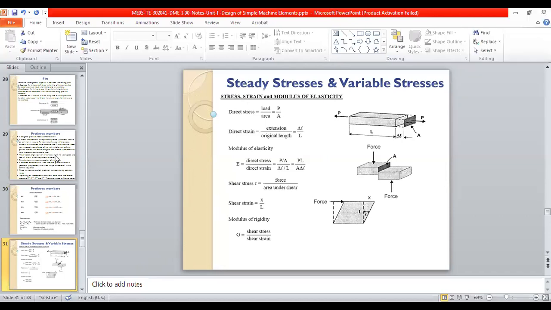So okay, let's talk about some basic stresses. You guys are supposed to know these kinds of stresses, because these are the building blocks. With this only we will go into more details of our design of machine elements. To do the design, we need to know what the stresses are and how the stresses affect the design. At the end of this lecture, if time permits, we will see the design cycle, the cycle which we are going to repeat for each and every design. But before that, we have to go through the stresses.